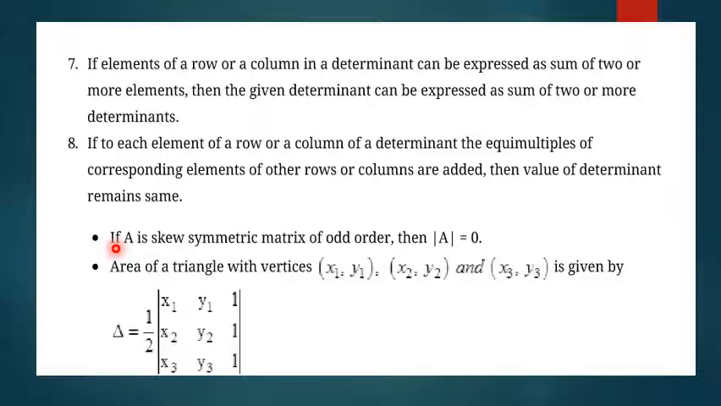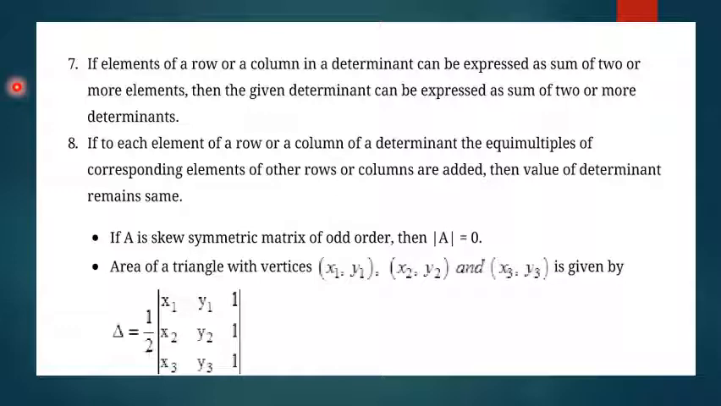Then this is, if A is a skew symmetric matrix of odd order, then mod of A, or determinant of A, is equal to 0. If you remember, in a skew symmetric matrix all the diagonal elements are 0, and the elements other than the diagonal elements, the corner elements, are negatives of each other. In that case, the value of the determinant is